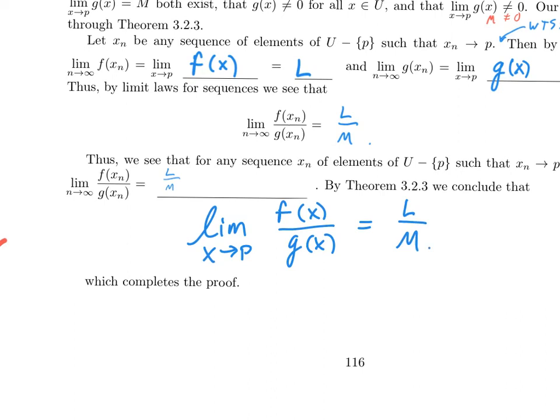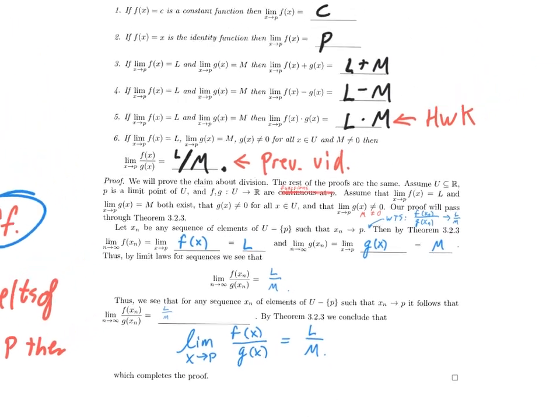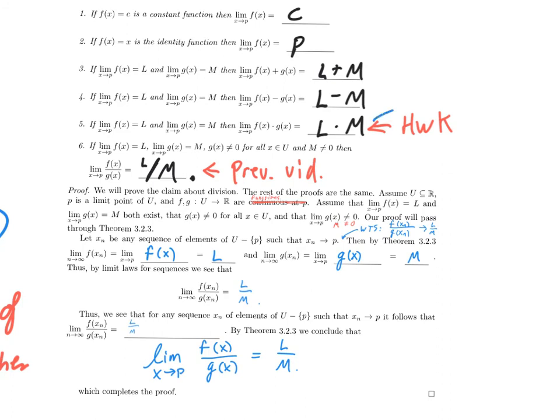That completes the proof. To check if you understand this, try to see if you can write down a super similar argument for another of the claims, like how about this one? In fact, as a homework problem, I will have you compose a proof of this claim, claim 5, using this philosophy of sequences.